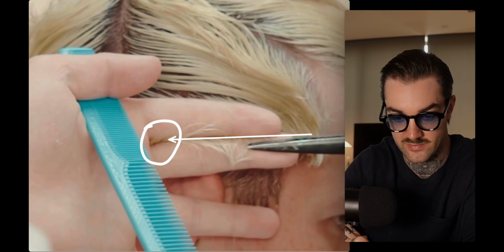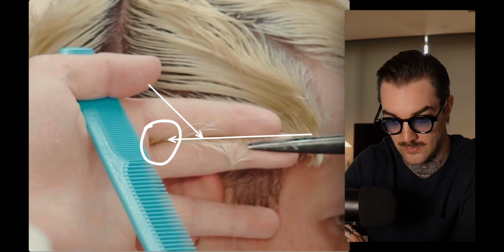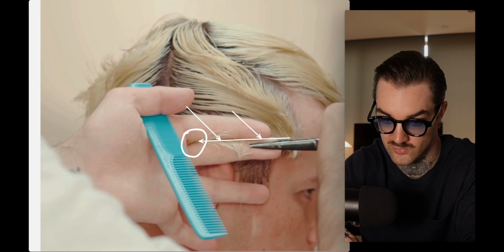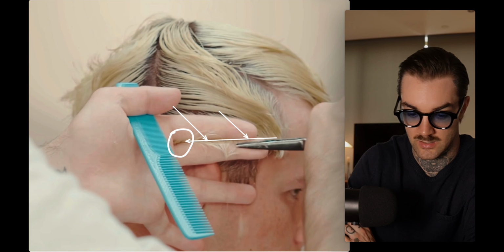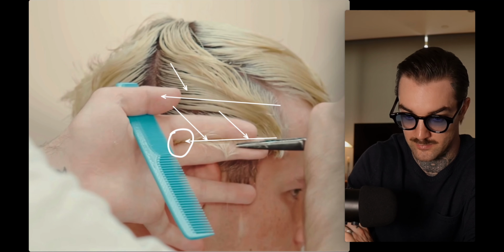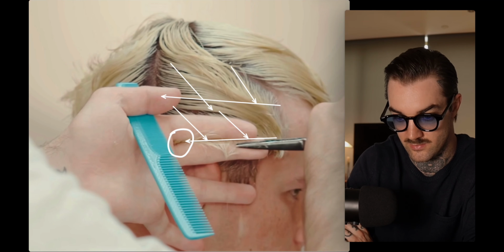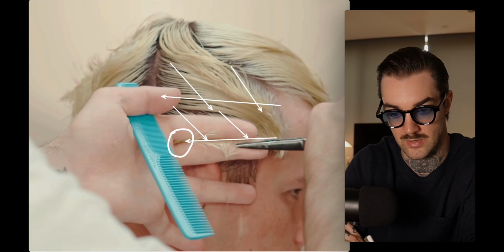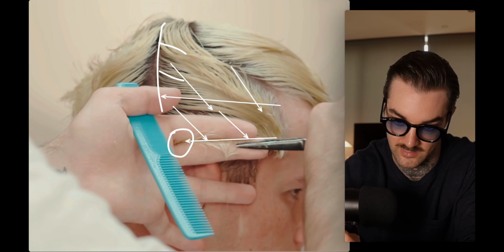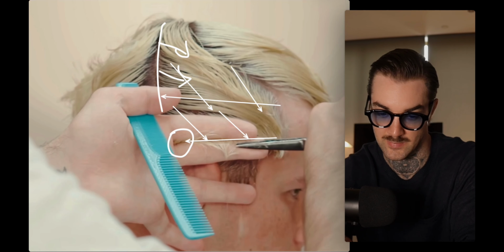And we can still see this hair is being pulled down below its base. So we know Cam is still creating a graduated shape here. And he continues to take these sections into the back, pulling sections down below the base, still using this guide from the back and pulling them into this side panel to use as